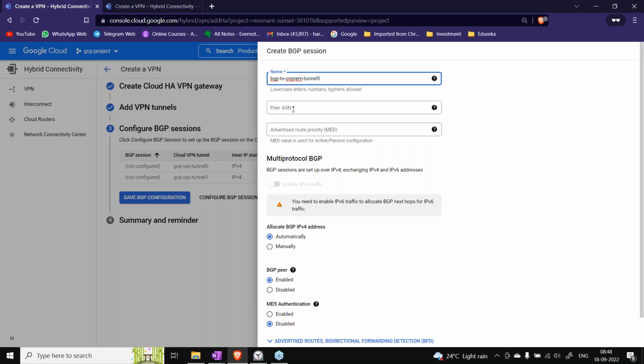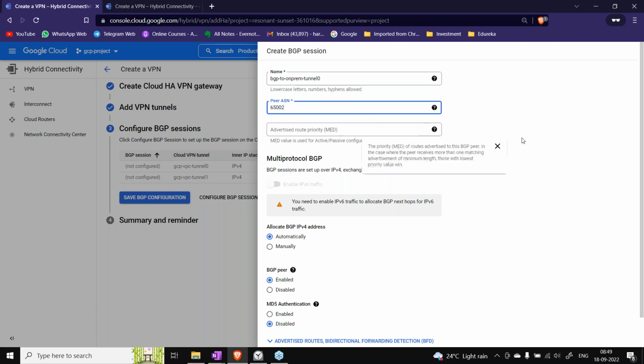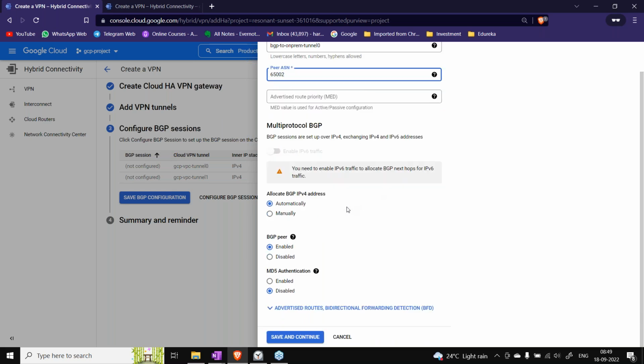Now it is asking for peer ASN. You remember we gave the numbers 65,001 and 65,002. So it is asking for the ASN number of the other router, on the on-premise router. So it was 2, I think, right? This is the on-premise router ASN. Okay, then just leave this value as it is.